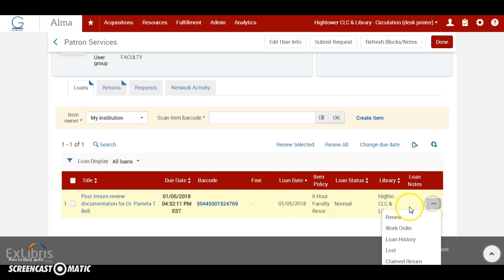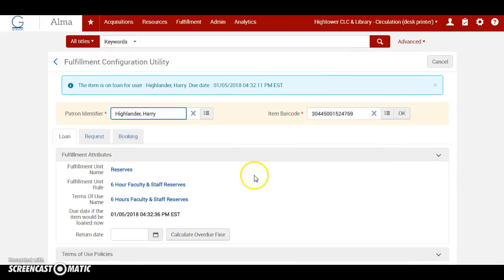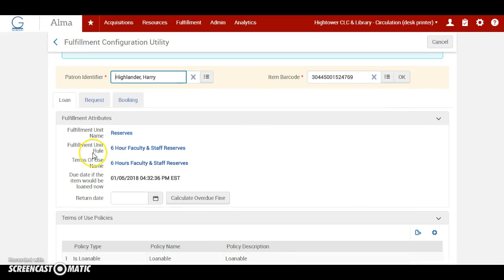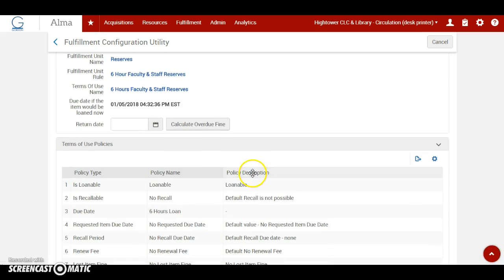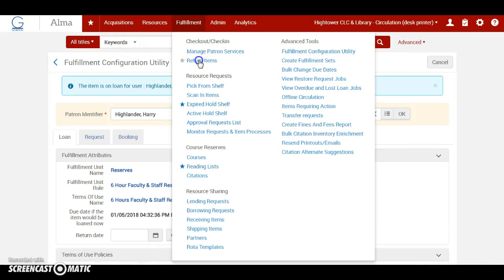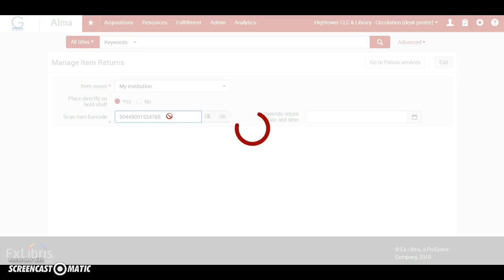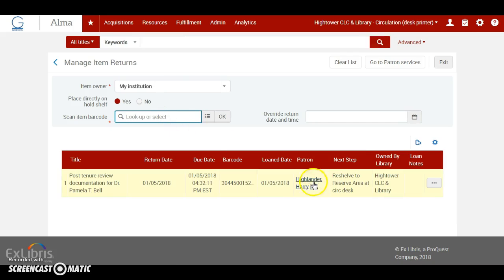You could also view the policy, and you'll see the fulfillment unit rule and the terms of use are 6 hours. So this is correct, and it is loanable. You're going to want to check it back in, so it's still not checked out to Harry Highlander. And at this point we're ready to add